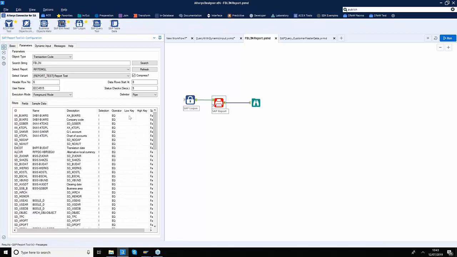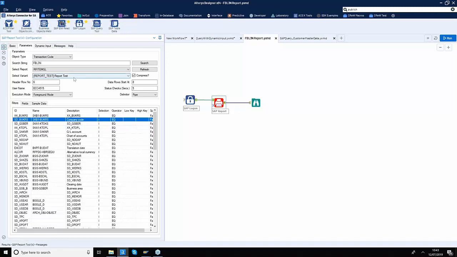By all means you can, or you can also bring this criteria in dynamically. For example, one of your table tools gives you the company code, all your master data. You feed that master data into this tool, and then you get data only for those selected company codes. You can design really powerful, complex workflows.